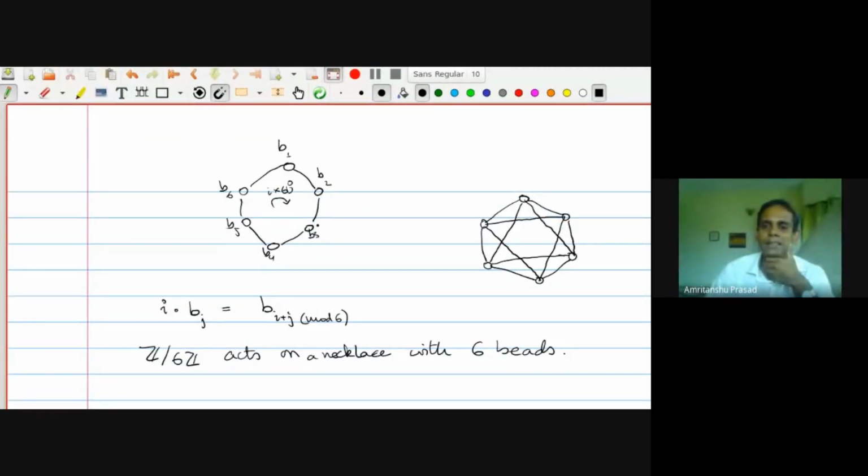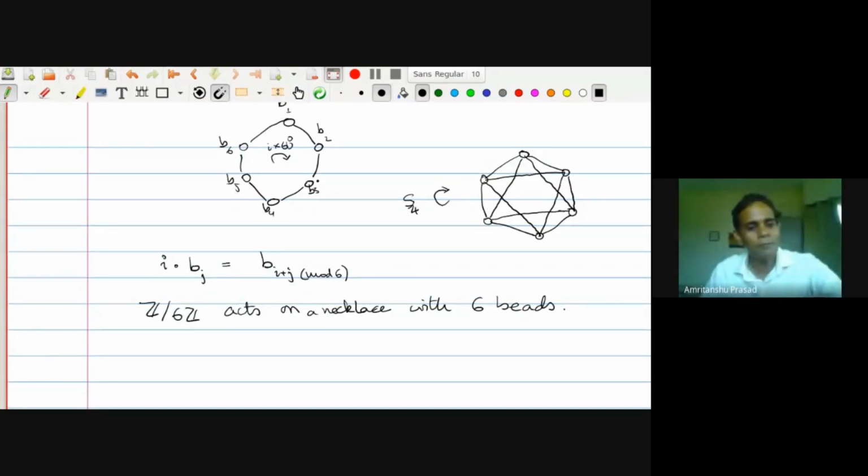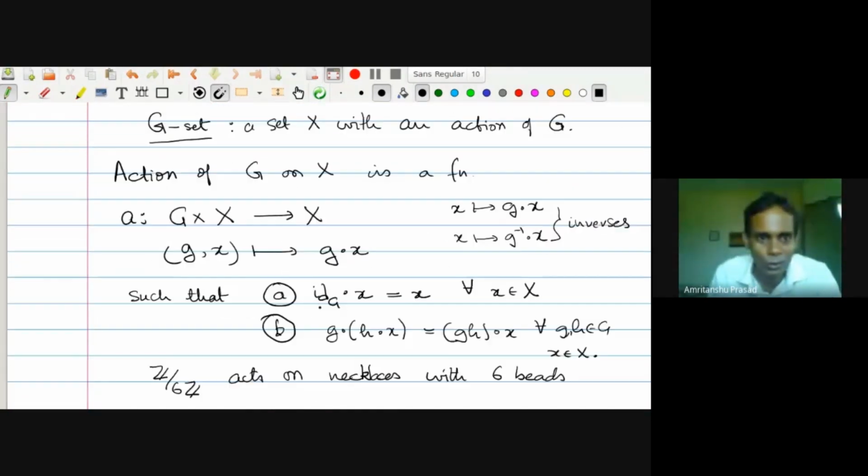And you can show that the symmetric group S3 acts on this. Is it S3 or S4? S4. Yeah, S4 acts on this graph. We'll play with this later, maybe using a computer or something. Okay. So graph theory gives rise to a lot of very nice group actions. I'll come back to that theme later. But this is just to give you a notion of what a group action is. I'm sure some of you have seen it before.